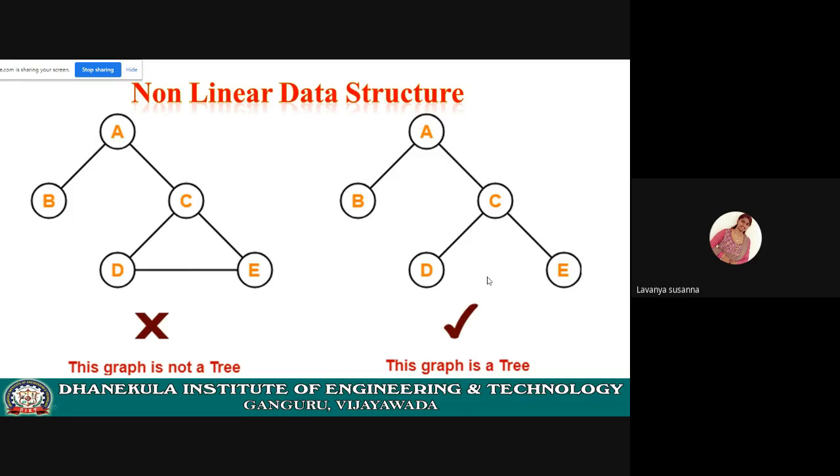Now see the tree. Next example. This is not a graph. You may say both are the same, right? But here you say it is a tree, and on the left side you say it is a graph. How do you say that? See here. In trees, there will be no cycles. Cycles mean, see here, there will be no cycle.